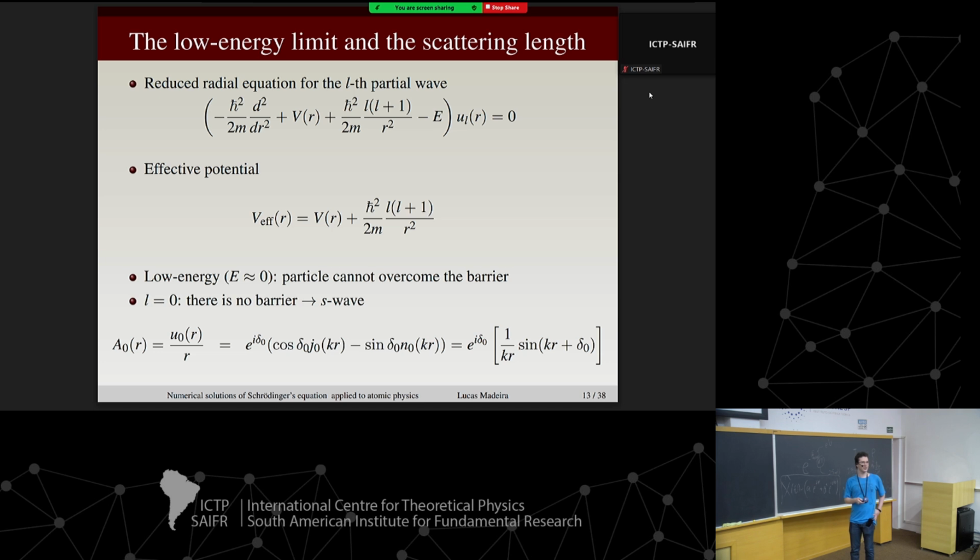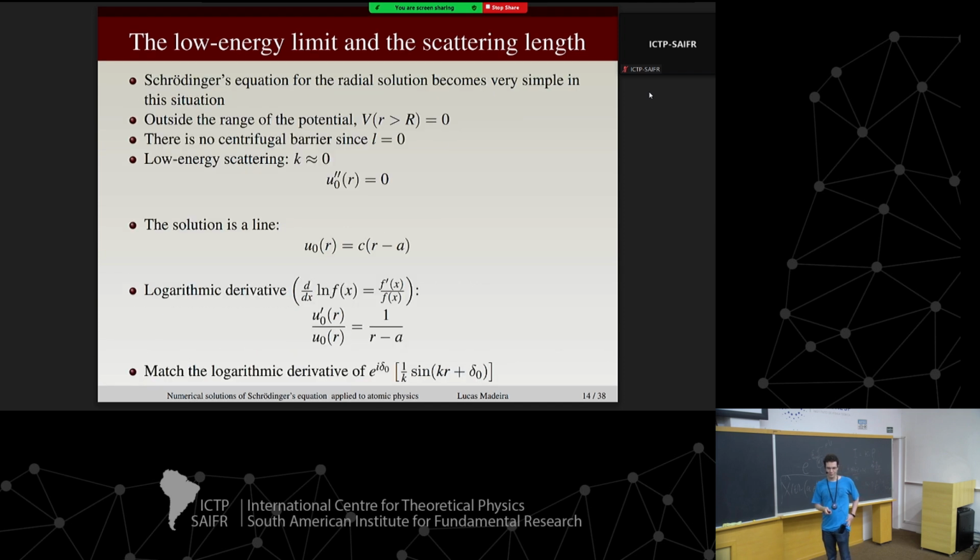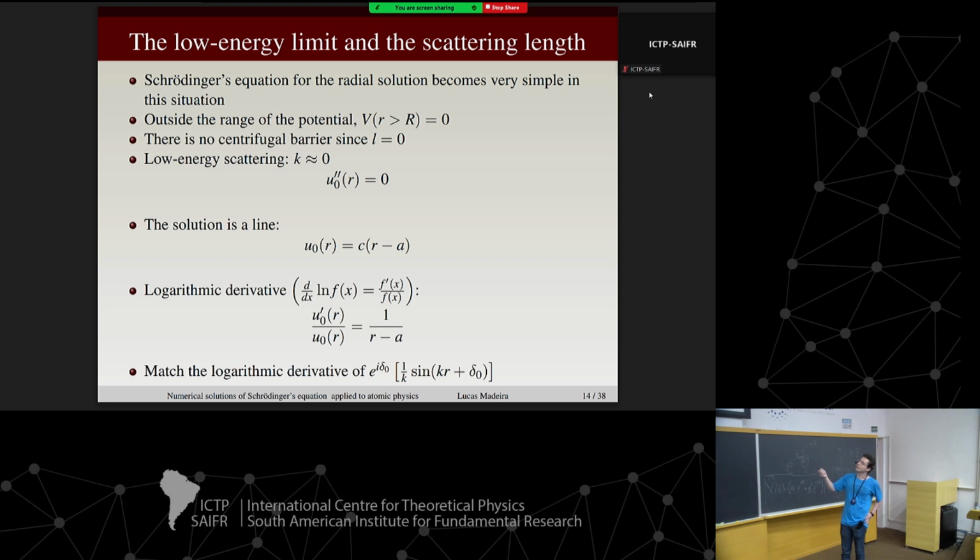This is boring, right? You saw this like 1,000 times so far. But now we're coming to an equation that's really easy to solve. In this low energy limit, if you consider the solution outside of the range of the potential, where my potential for large distances goes away, it's 0. I'm looking at low energy, so it's S wave, L equals 0, and you set the energy close to 0. That's my favorite Schrödinger equation to solve, right? It doesn't get any simpler than that.